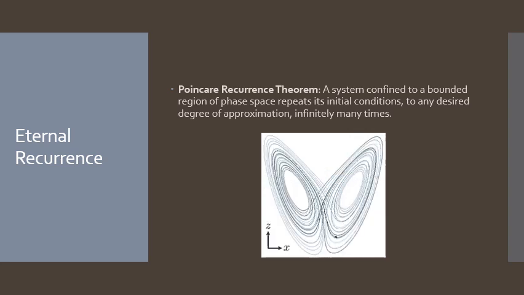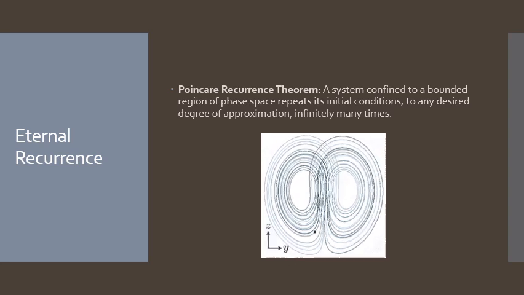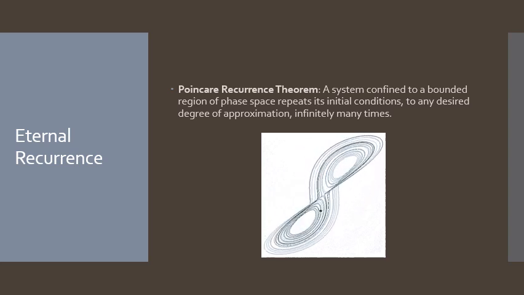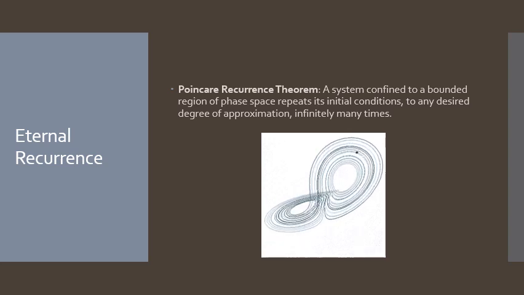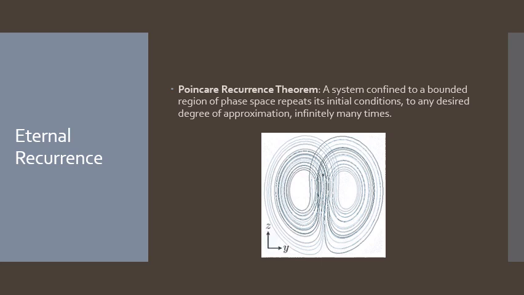Why does the Poincaré recurrence theorem hold? So the basic idea is as the system moves around the phase space, if you're in a bounded region of phase space, it's just going to eventually run out of new places to go, so to speak. So it's going to have to at least come close to its initial position. Also, if we assume determinism, so we're leaving aside quantum mechanics, if you assume determinism, the paths through phase space cannot cross. So after it gets back to its initial position, it's going to just repeat the entire cycle. If it comes close to the initial position, then it will do something that's kind of close to repeating the original cycle.